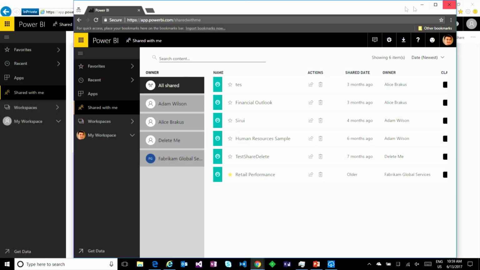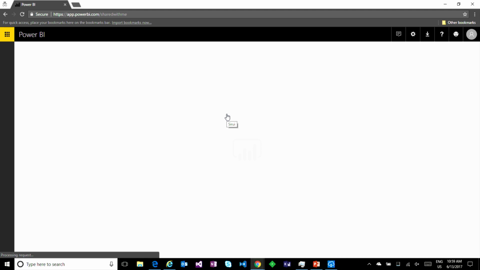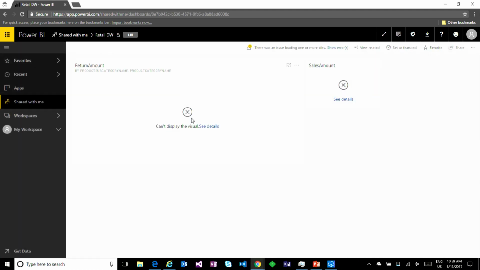So he's signed in here. I'll maximize this browser. So this is Siri, signed in to this browser. I'm just refreshing, so there should be a new dashboard showing up. Yeah, the dashboard was shared just now. And so when Siri opens it, basically he sees, okay, yes, there's a dashboard,